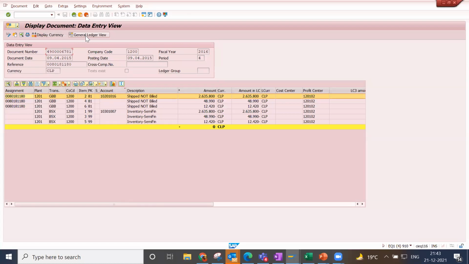The material document is posted whenever the goods issue happens, that means there is a goods movement. SAP has different goods movements to help the finance consultant identify them in order to generate the accounting document. If you look here, this is completely the material document where you can see the inventory posting. This is completely related to finance. I'm just giving you an idea.